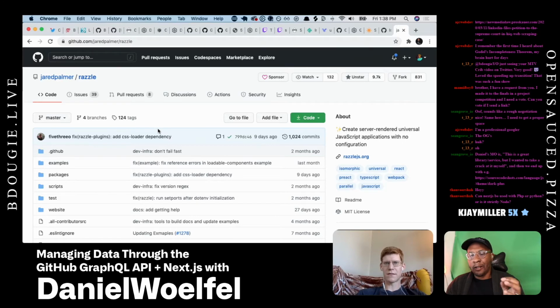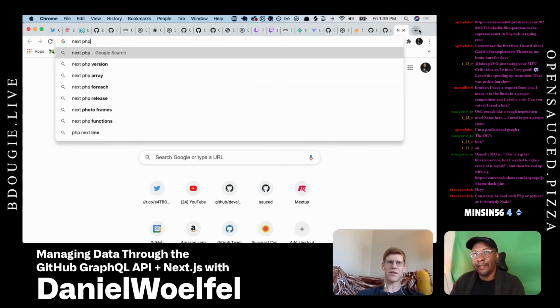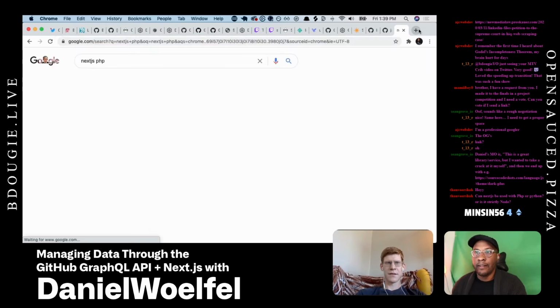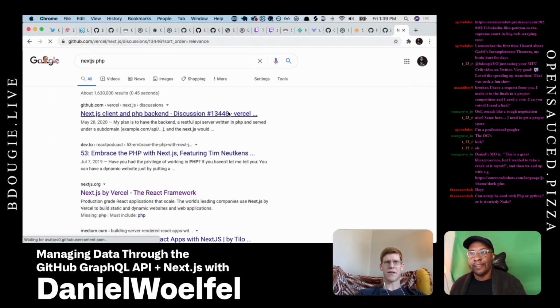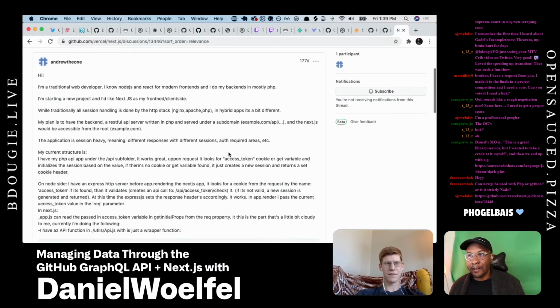Yeah, and fans got a question about whether you can leverage Next.js with PHP, like with a backend that is PHP. Honestly, I don't think so, because I think the whole isomorphic JavaScript server-side render approach Next took assumes JavaScript on the backend. Yeah, I'm pretty sure it's only JavaScript, but you might be able to leverage different languages for your serverless functions. Yeah, it looks like there was a question about it a little over 6 months ago.